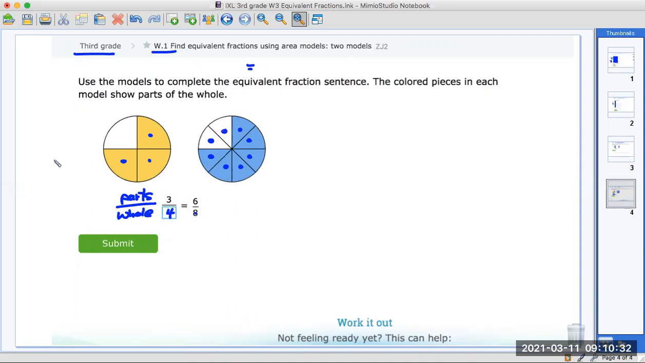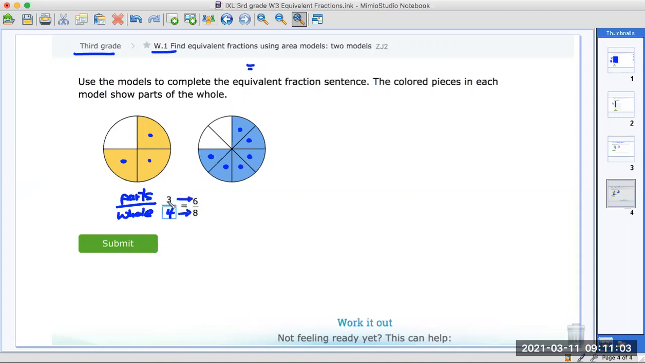The top number is the part that's shaded in. There are 6 of them shaded in. Let's count. 1, 2, 3, 4, 5, 6. That's your top number. So our sentence is true because 3 out of 4 is the same as 6 out of 8 because there is a proportional relationship. Look at 3 and 6 and 4 and 8. If you look across,